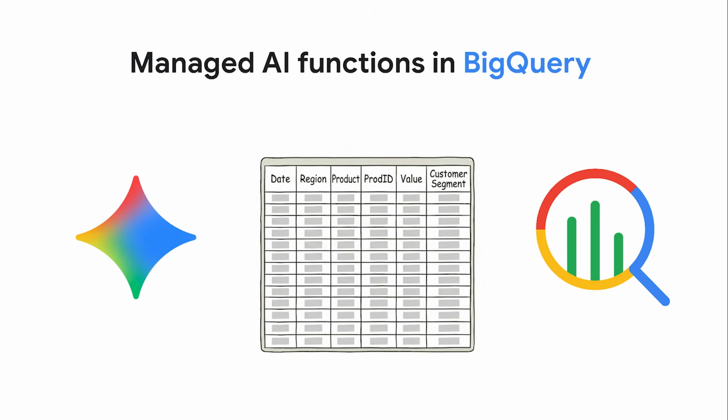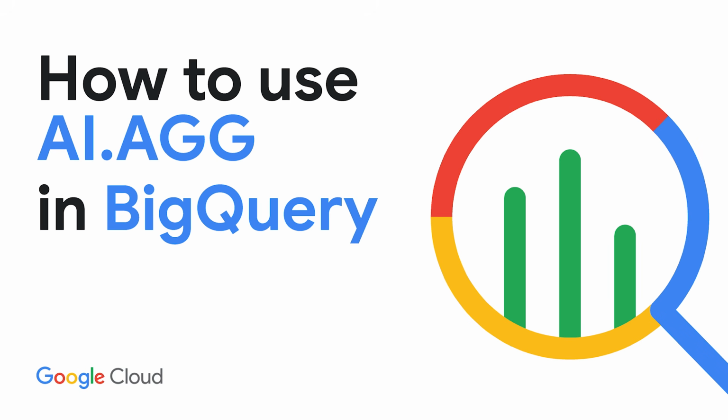BigQuery has been building a powerful library of AI functions to bring generative AI directly into your SQL workflows. In this video, we're introducing the AI.AGG function. It's our very first aggregate AI function, designed to help you use Gen AI to reason over entire groups of